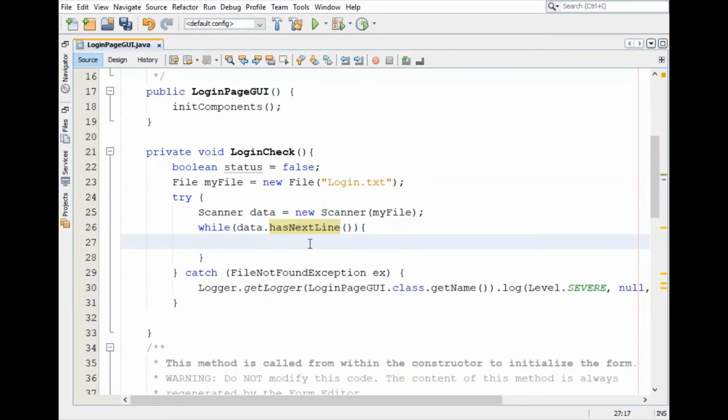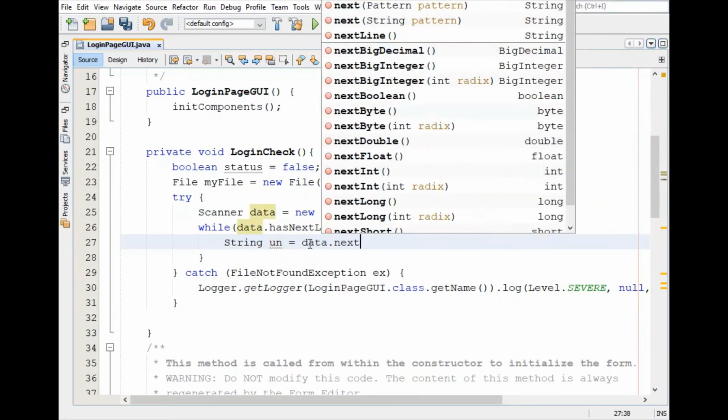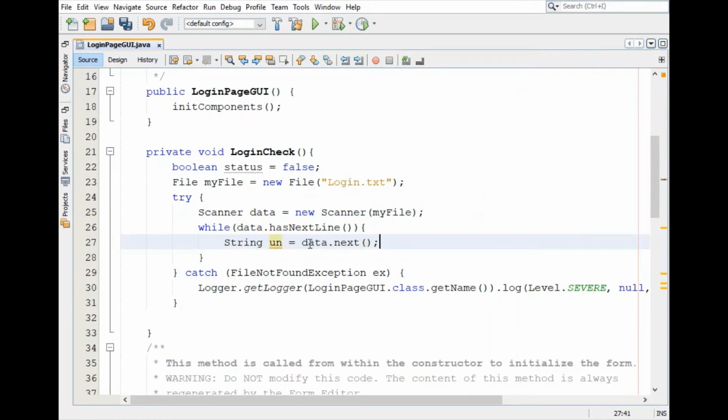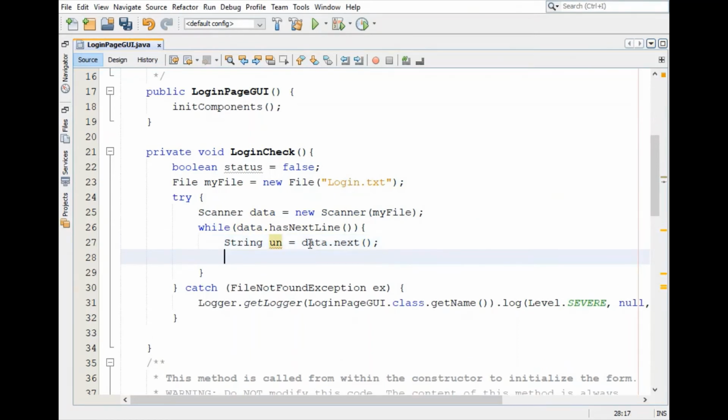Now inside the while loop we will create two string variables, String username un equal to data.next. Now this next method will find and return the next complete word from the scanner object, that is data.